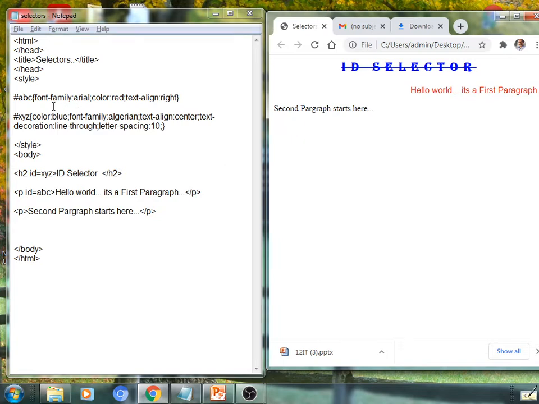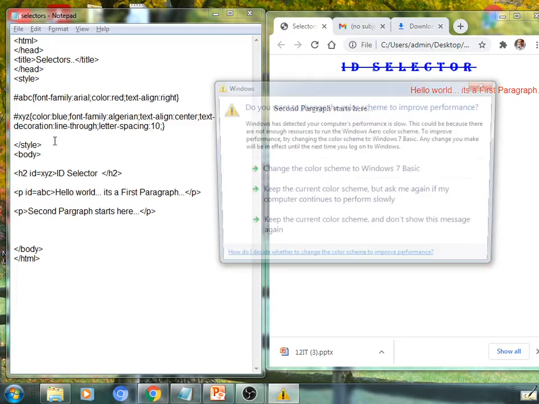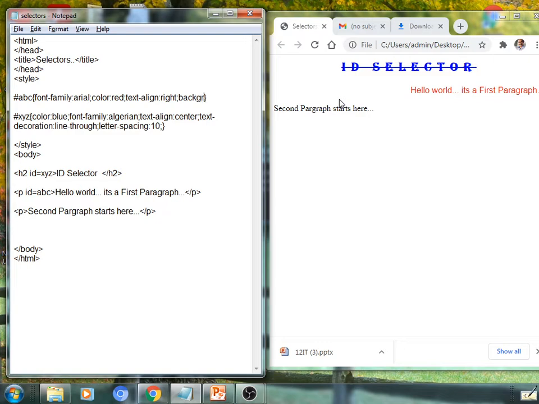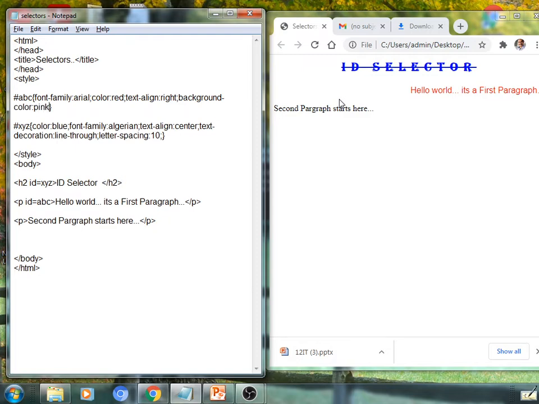Those are nothing but properties we have seen in cascading style sheets. So it's a type of ID selector we are observing. We can apply more properties for other selectors, just like the ABC selector is there. Suppose I have applied here background-color as a specified color.